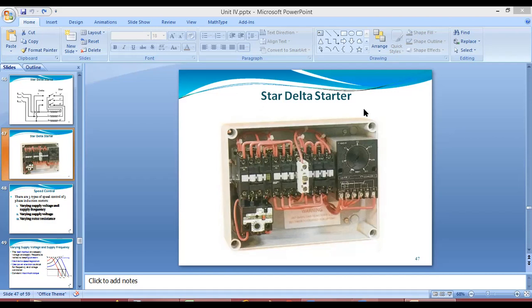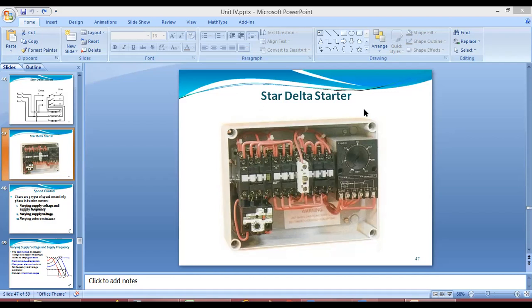When we give the three-phase star delta starter to start the three-phase induction motor, you get the line current in delta, where IPH equals VL upon ZPH, where VL is the line voltage and ZPH is the impedance of the motor. So we can use the star delta starter because it reduces the phase voltage.